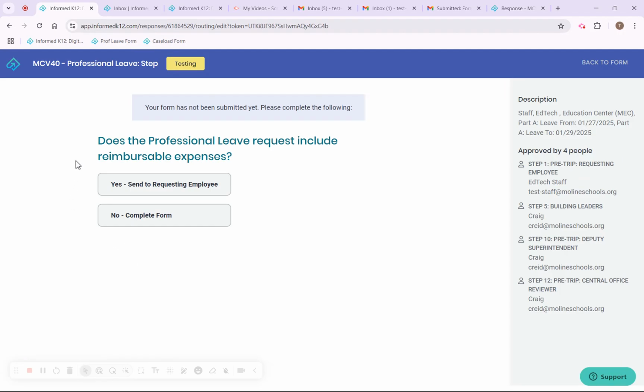Is this a request for reimbursable expense? If it is a request for a reimbursable expense, then we want to make sure that we send this back to the employee. If there are no reimbursable expenses, then we're just going to complete the form. There is no post-trip to do. We've recorded the absence, everything's approved, and so we'll just send it back to the requesting employee, and it'll just be completed. In this case, I'm going to say yes,